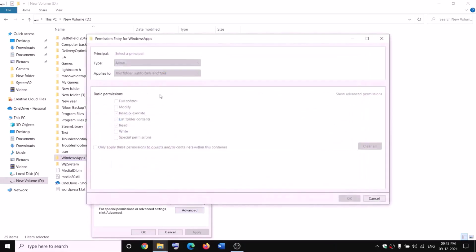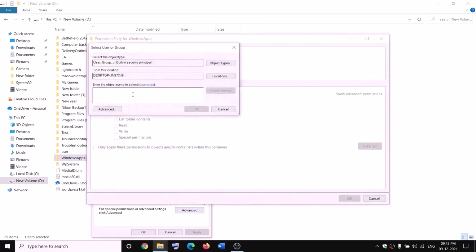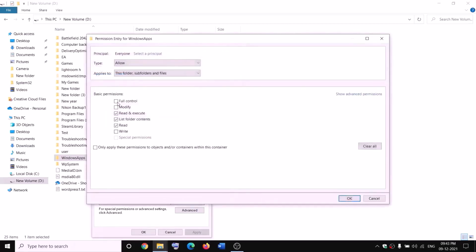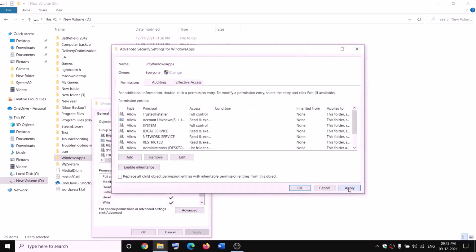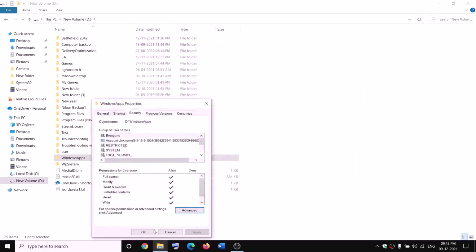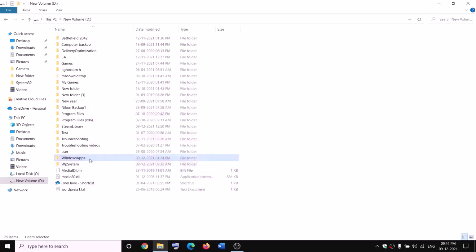click on add, select a principal, everyone, check names. OK, put a check on the box which says full control. OK, apply. OK, OK. Now make a right click on Windows Apps and then click on Rename, and then rename it as WindowsApps.old. Now, while renaming it, if you receive any kind of error message which says file is